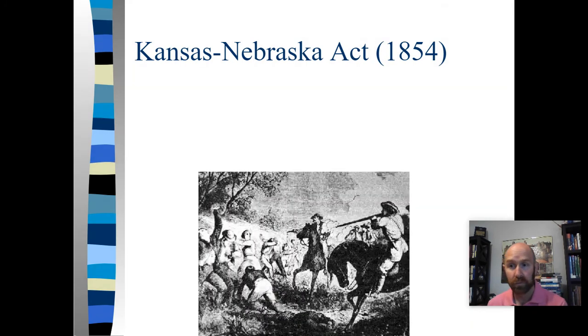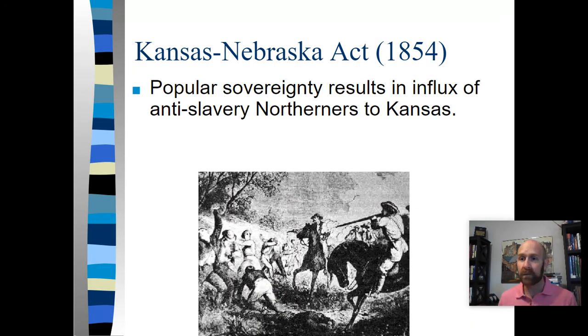And so popular sovereignty will be how Kansas gets organized, which will result in what is known as bloody Kansas or bleeding Kansas. Because now that it's up to a vote, guess what's going to happen? All kinds of anti-slavery Northerners are going to flood into Kansas, right? And so this is how strong in some areas of the country the abolitionist movement is. There are people that are deeply passionate. These are white Northerners that hate slavery so much, they're going to pick up and move to Kansas to be a part of this vote to try and make sure that Kansas doesn't come in as a slave state.